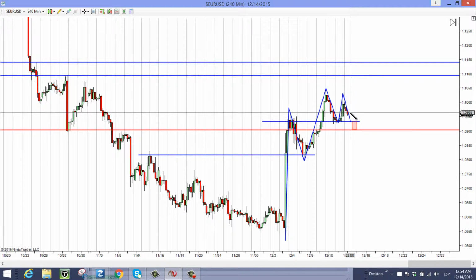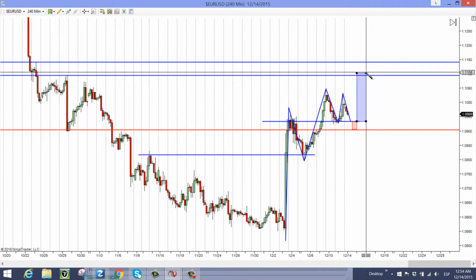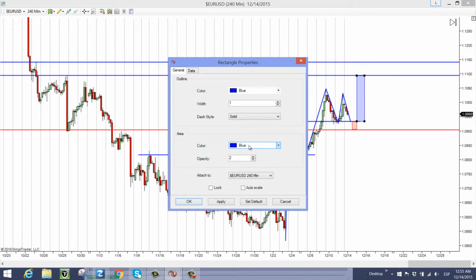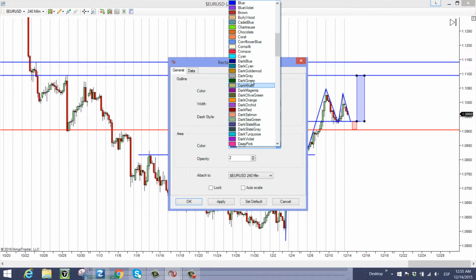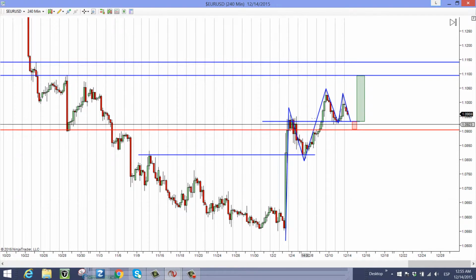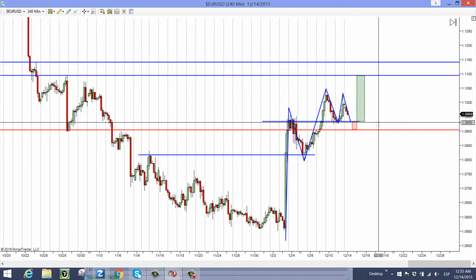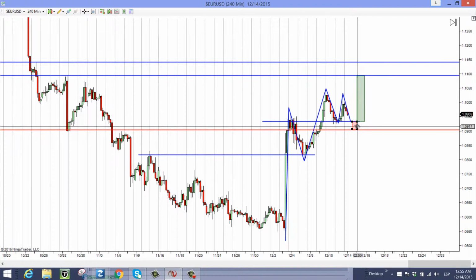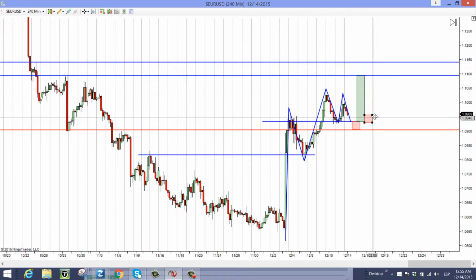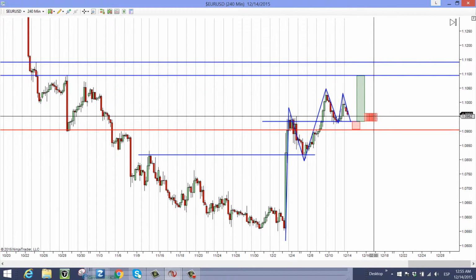Okay, and this is supposed to be my reward. One thing to consider is that this target is based just on structure, looking from a trend continuation perspective. If you can see, this is a pretty nice risk reward ratio, and looking at this point right here, we got